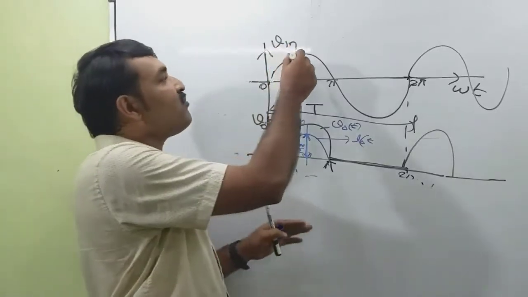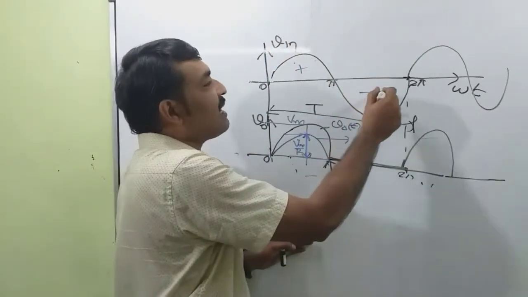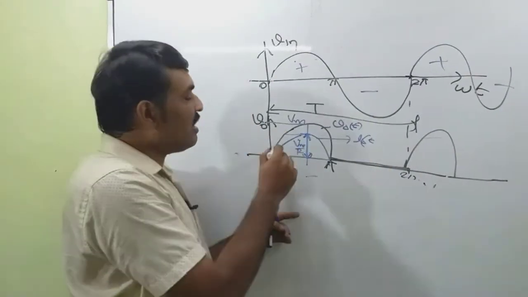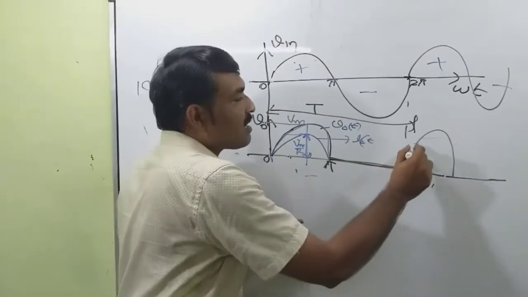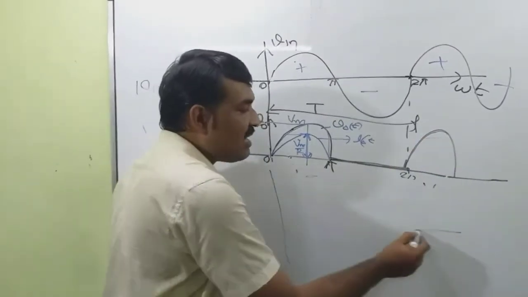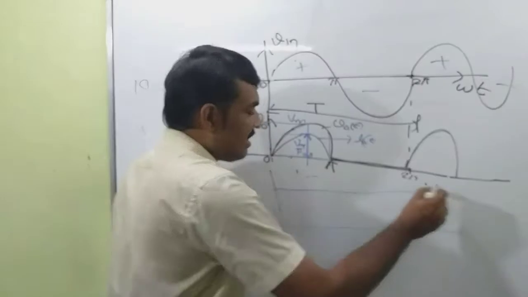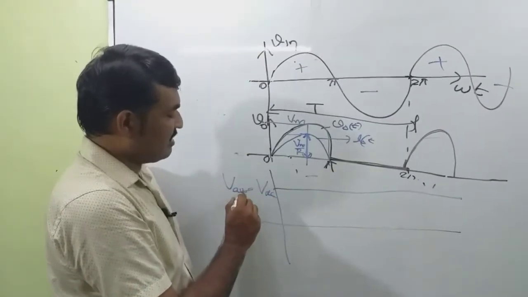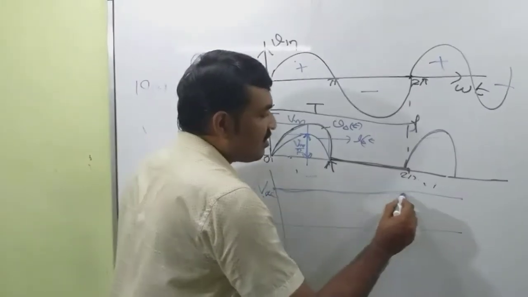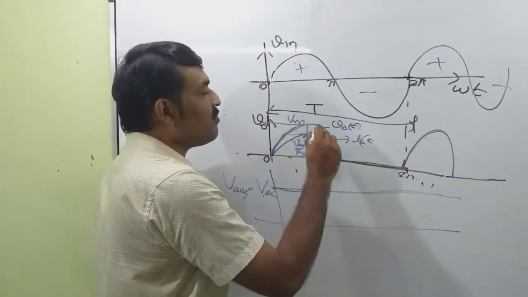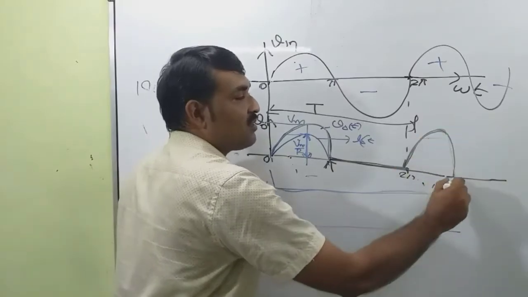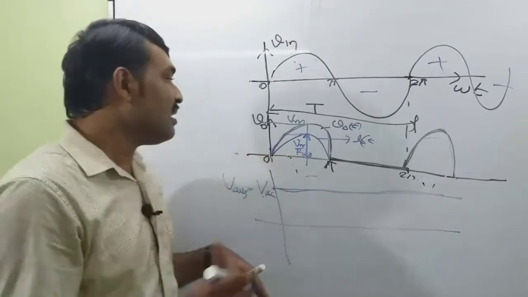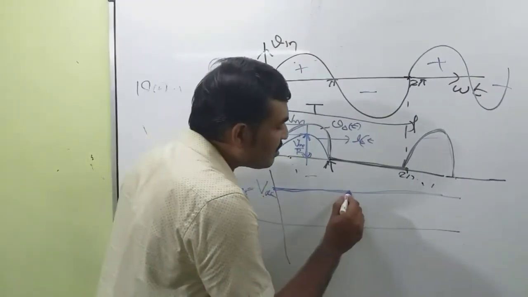Now for input we have both positive and negative half cycles. But in output we have only the positive half cycle. But we can actually represent a DC by a straight line. This is our average value of DC or V average, that is equal to VDC. This should be a straight line. But our actual output will be pulsating in nature. This will be corrected by making use of a capacitor, etc. in the circuit. But actually this is not equivalent to the straight line.